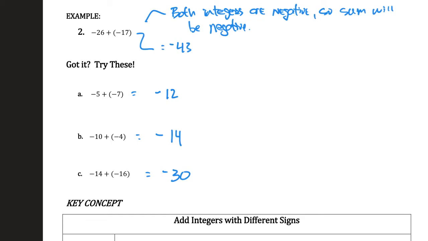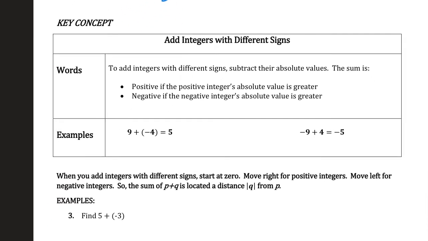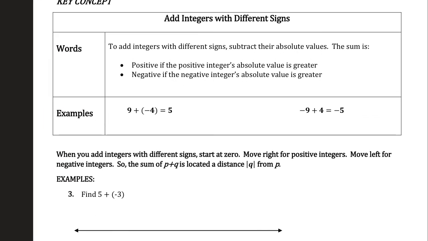When we start talking about adding integers with different signs, that's where it gets a little more complicated. To add integers with different signs, we're going to subtract their absolute values. That means the sum is positive if the positive integer's absolute value is greater, or it's going to be negative if the